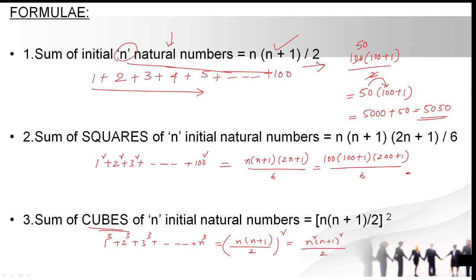Okay, I'll give you one question. I just want to ask you one question related to this series. If I ask you to find the average of the first series, the average of n natural numbers, what is the answer? First of all, what is average? Generally, the basic formula of average is sum by total count. Isn't it? To find the average, we have a formula, that is sum of the natural numbers by count of the natural numbers. What is the sum? To find the sum, we have a formula, that is n into n plus 1 by 2. And the count is n. We can cancel n and n, then you will get n plus 1 by 2.